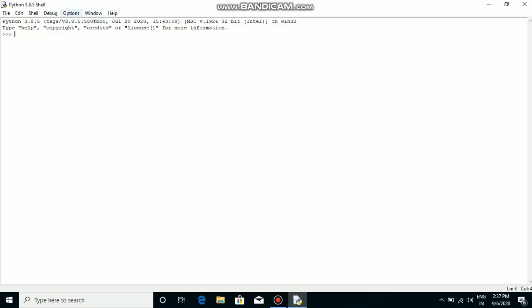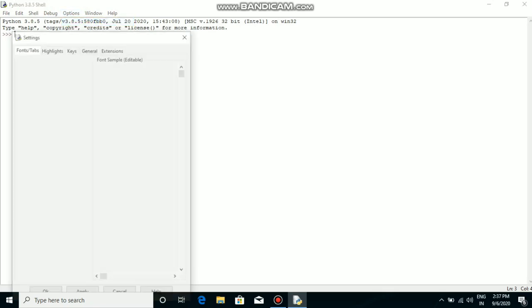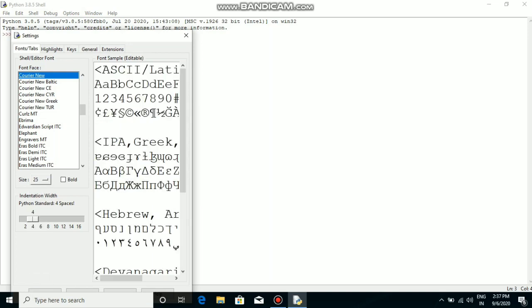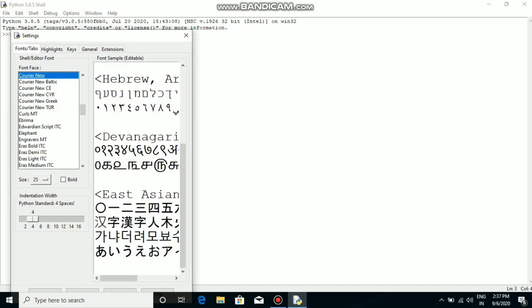So now I'm going to show you some functions of Python and give some instructions. First, let me increase the size of the text because it looks very small. I will keep it at around 25. Okay, so where's the apply option?